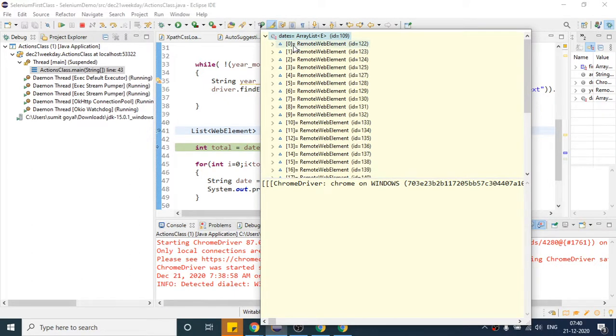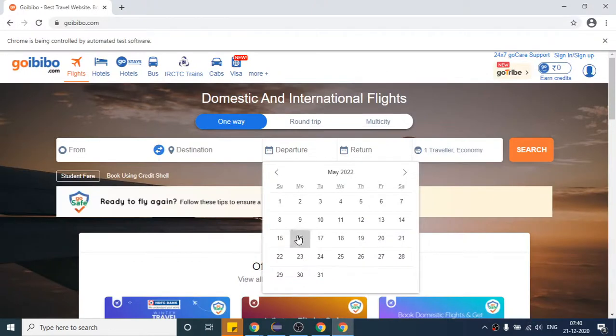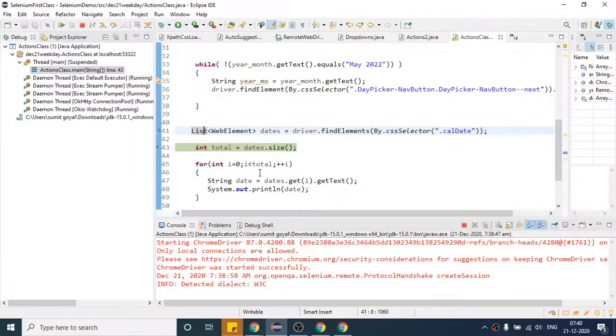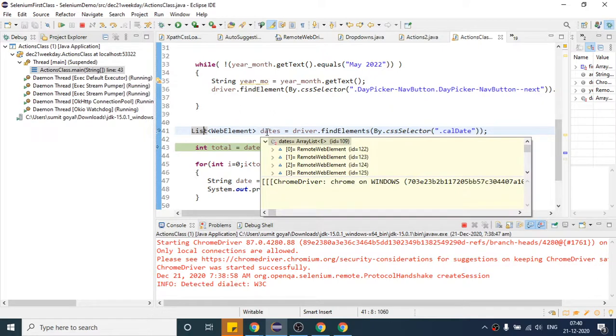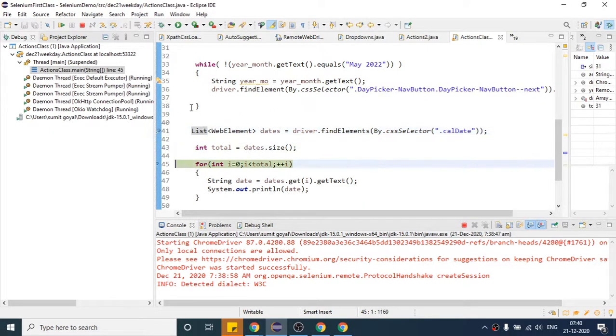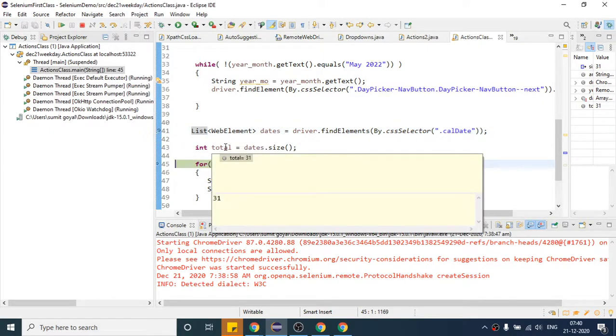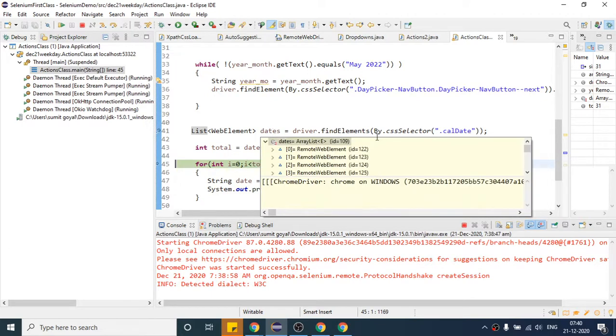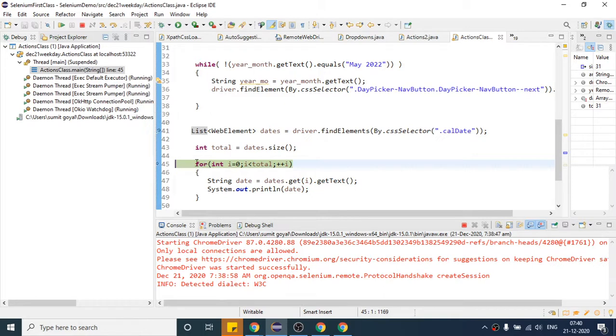At index 0 it will store 1, then 2, 3, 4 like this till index 30. At index number 30, date 31 will be present. It has stored the dates, and if you see the size, it is 31, right? Because the index is from 0 to 30, the total size is 31. So here what I am doing is running my for loop.